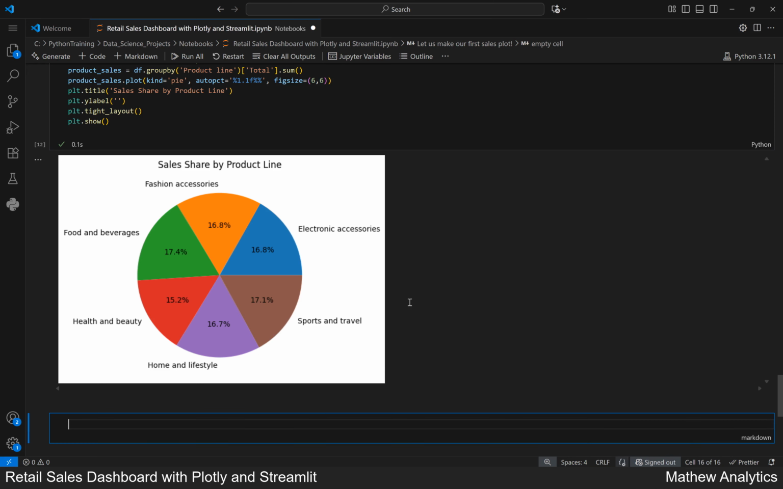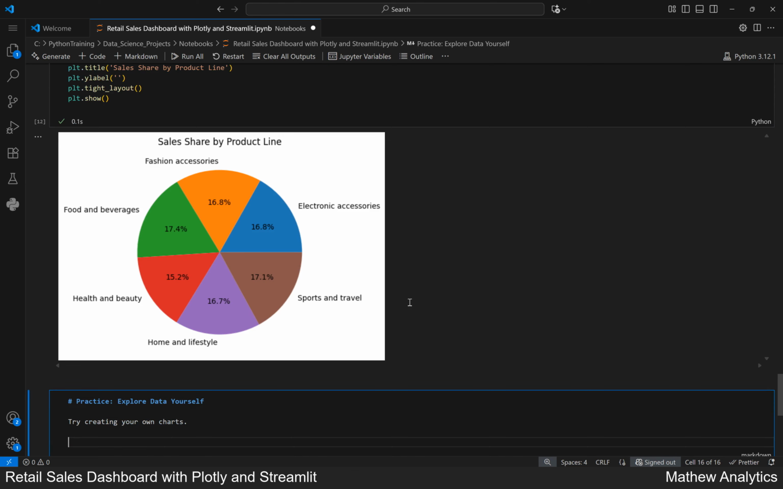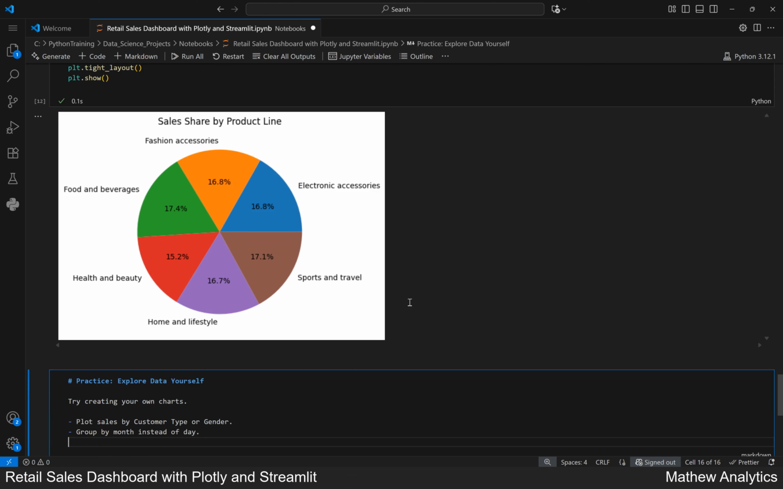Now it is your turn to experiment with the supermarket sales data. Practice, explore data yourself. Try creating your own charts. Plot sales by customer type or gender. Group by month instead of day. You can use